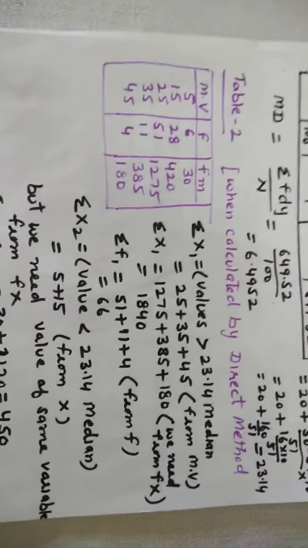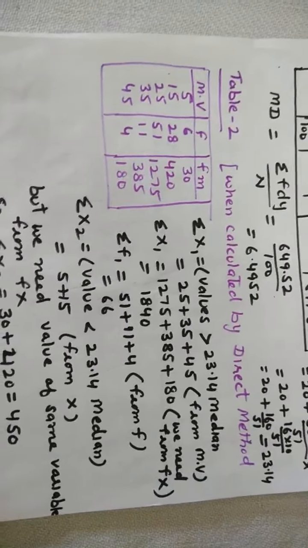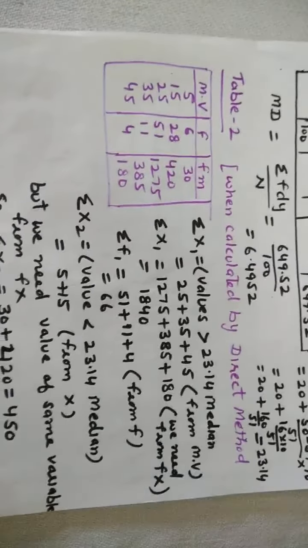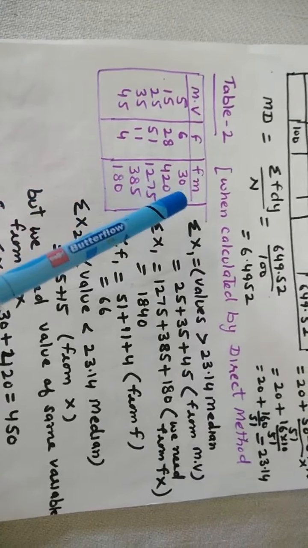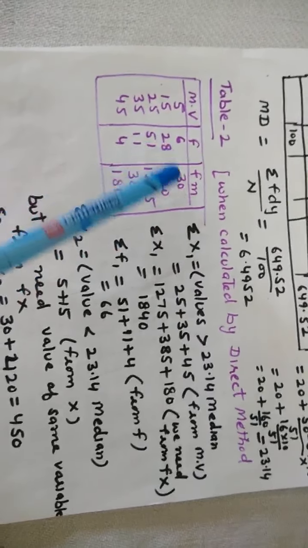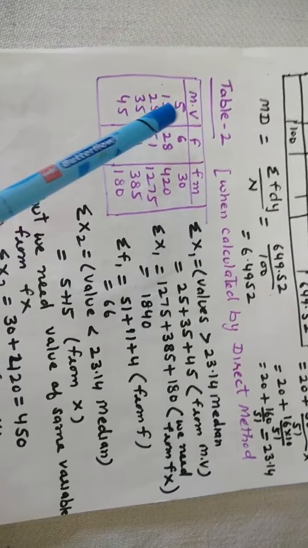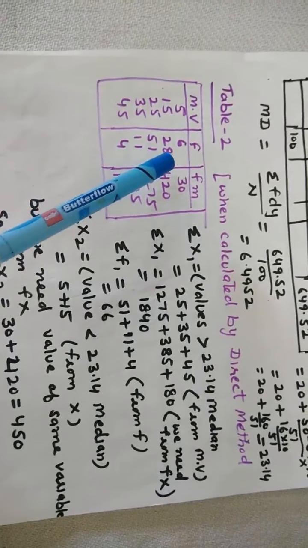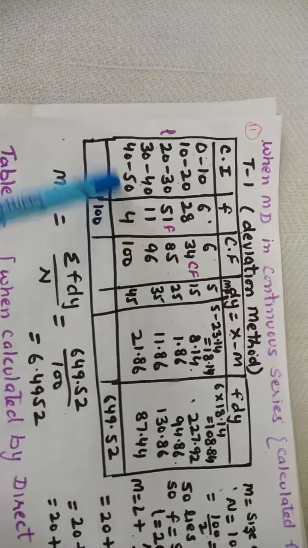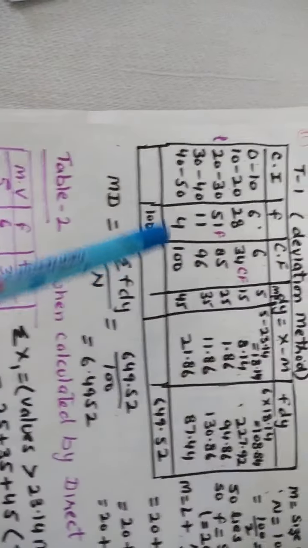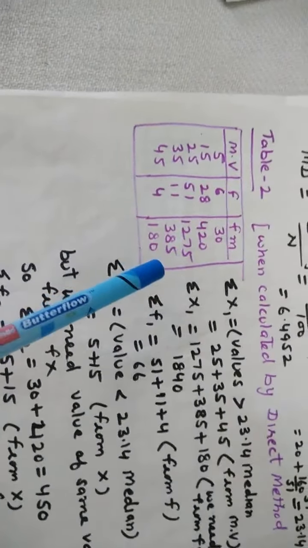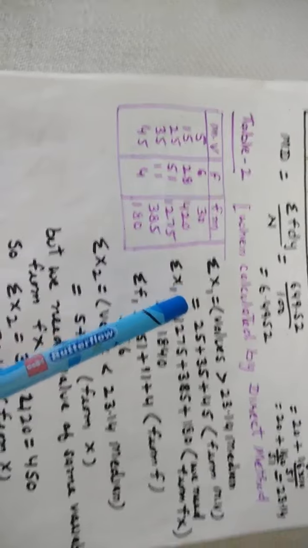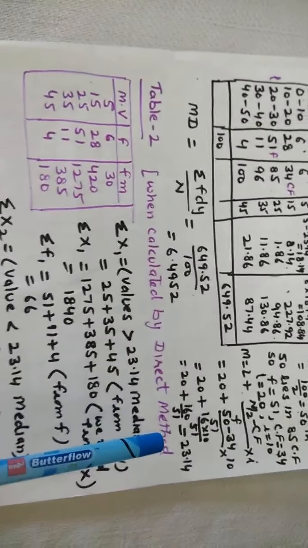Next we calculated mean deviation from median by direct method. For this we need midpoint, frequency, and product of FM, that is multiplying midpoint with frequency. Here midpoints are 5, 10, 15, and frequency is this. By multiplying we get FM. Then our median is